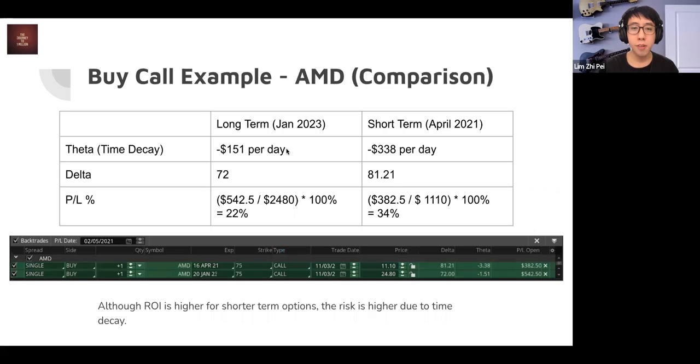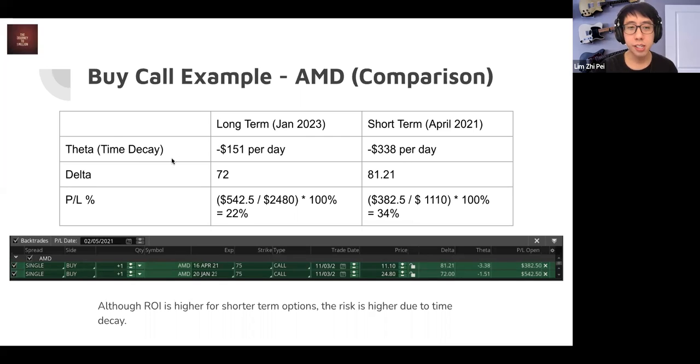But if we compare it side by side, the shorter term one actually gains a higher percentage because it is lower in value when you buy it. But